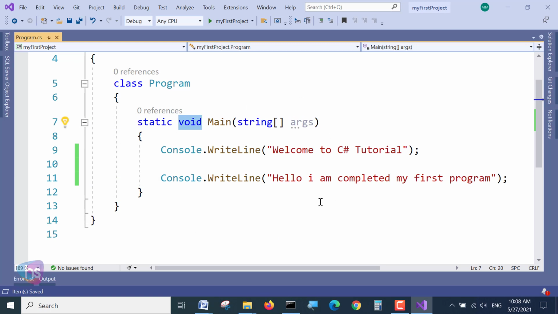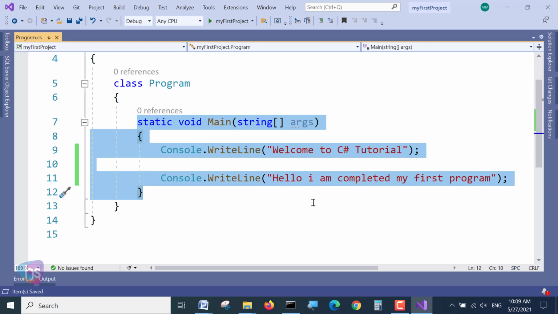If we are getting any return value from this method, we don't use the void keyword here. And the method name is given by default as Main. So the main program execution will be initiated using this method.